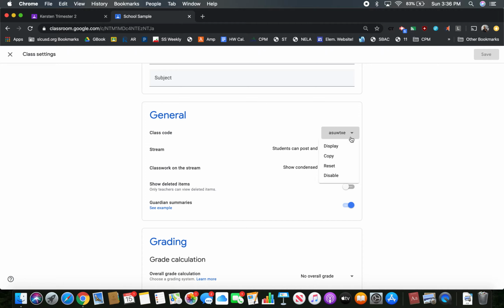Okay, moving on to classwork. When you have classwork, this is where you go to create it. So by clicking on your Create button, it allows you to create an assignment, quiz assignment, which we'll talk about all this stuff more in detail in later videos. Question, material, you can reuse a post from a different class, which Terry and I use a ton and is very helpful. And then the topic is like